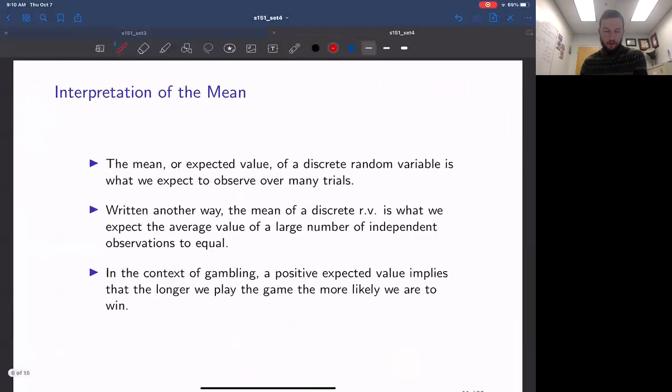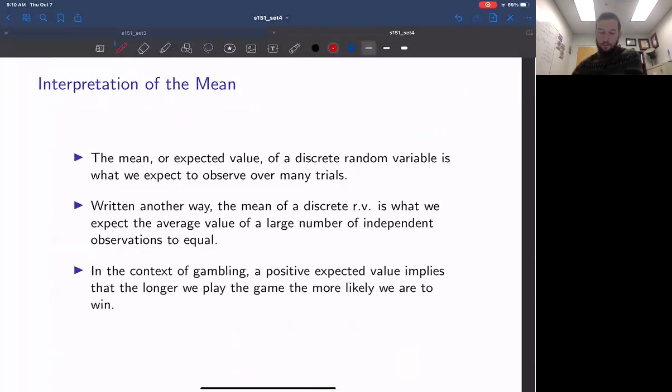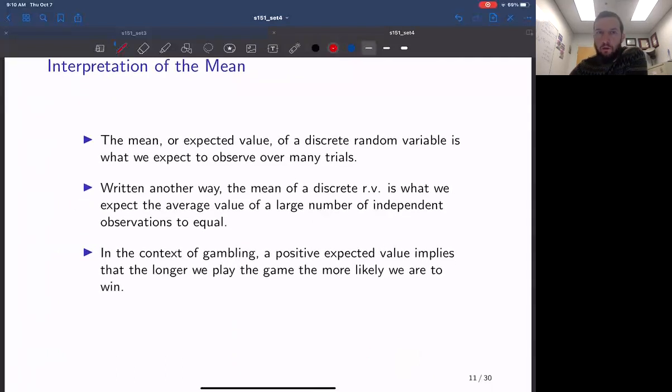All right, so I'm going to talk a little bit about the interpretation of the mean. The mean of a discrete random variable is what we expect to observe over many trials. This tends to confuse students because you see a value like 2.17 and you look at the distribution and say, okay, well, there is no 2.17 here. But it is an average across all sampled values, which is why it tends to converge to a number with some decimal